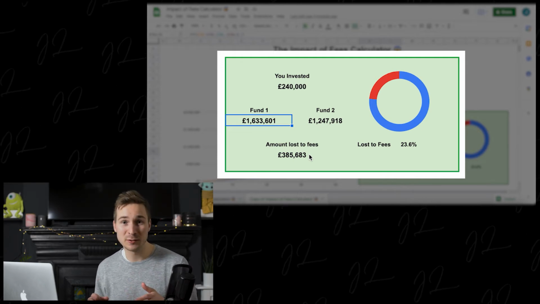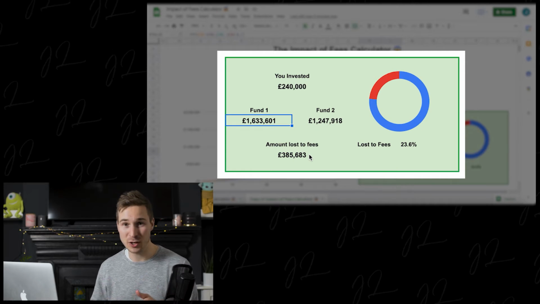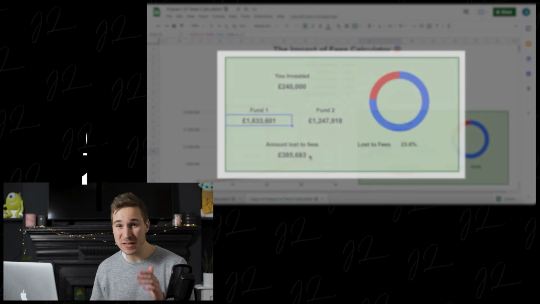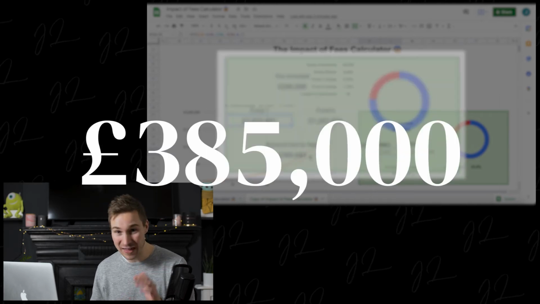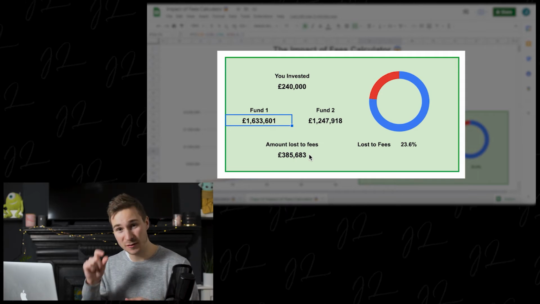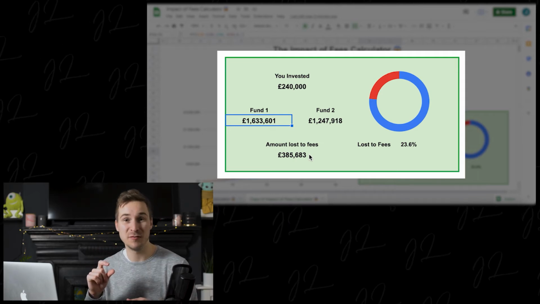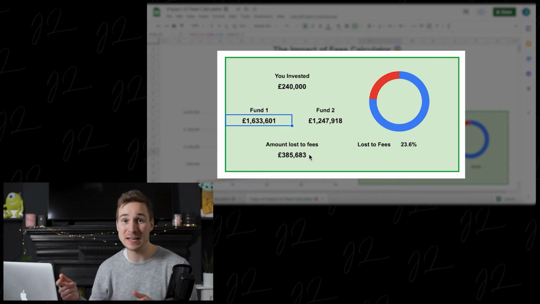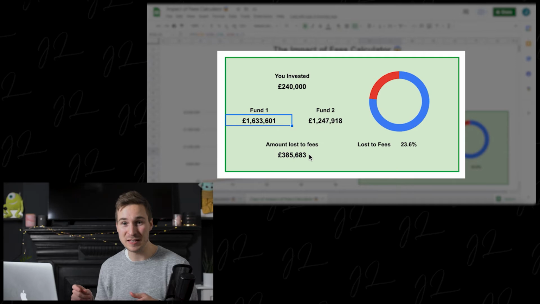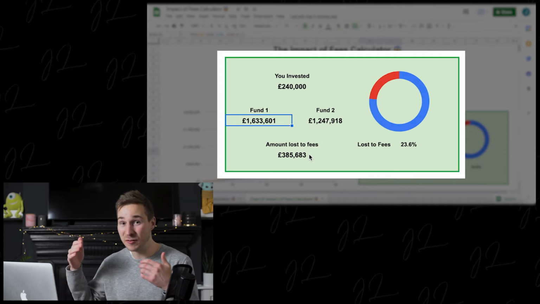Now, that's not bad at all, but that means just the ongoing charge figures that the fund provider is charging has cost you over £385,000. And you've lost all of that money in your account just because of that small 1% difference in fees. And you can see how it really does add up over time. You actually lose more because of the difference in fees than you even add to the account over the entire